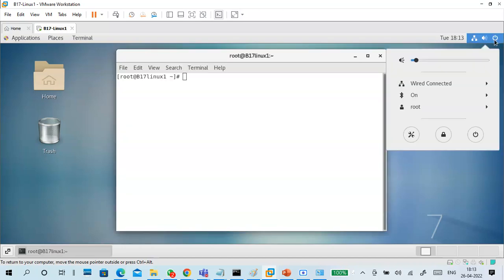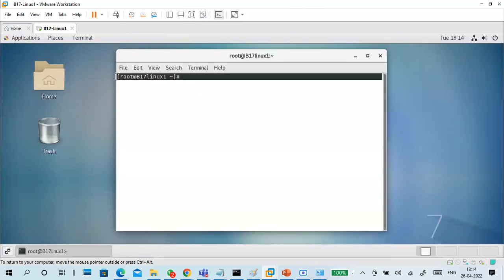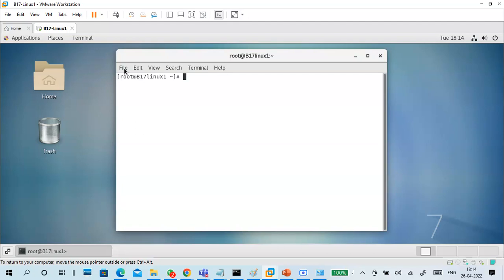You can shut down the machine from here also, or you can use a command. So this is your command prompt. First time, root is always used, so you can do the remaining commands also. I feel that is enough.